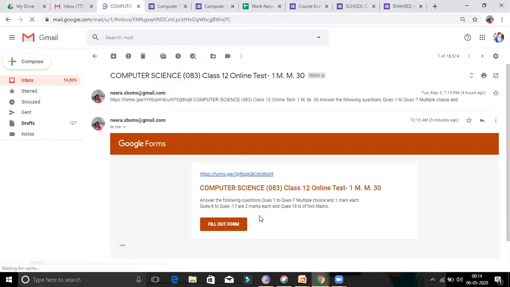Here this form will appear. Just click on this link. You can click on this link, or you can copy this link and paste it in a WhatsApp group.